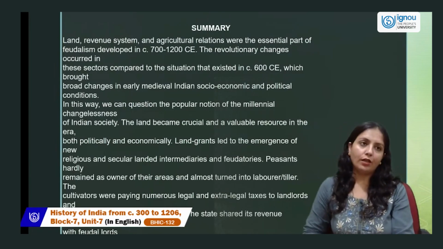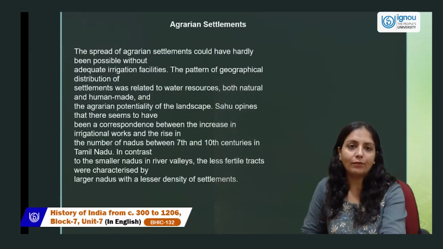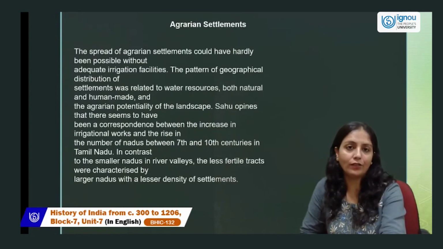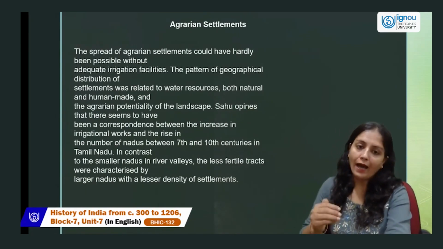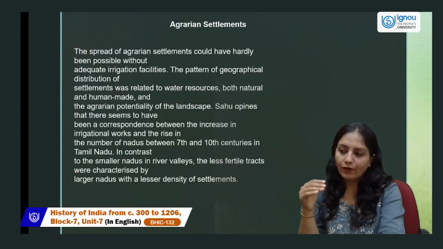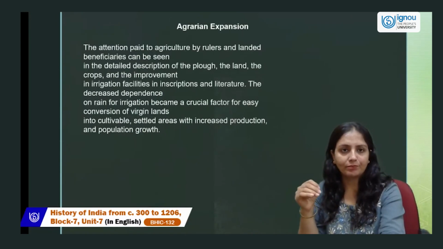And after unit 12, we are talking about the land revenue system. Just like agrarian settlements, agrarian economy, how they expanded the economy with the help of taxes. Agrarian settlements, how they gave lands to the Brahmins, and gave tax-free land to Brahmins. Agrarian expansion, how they expanded agriculture with the help of the plough,